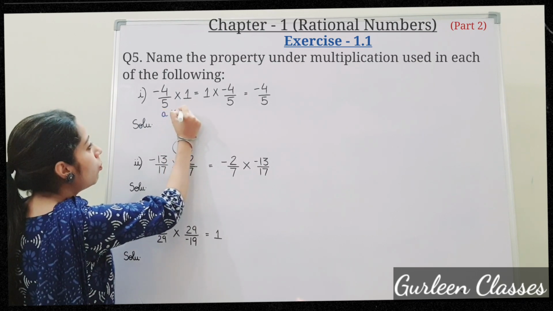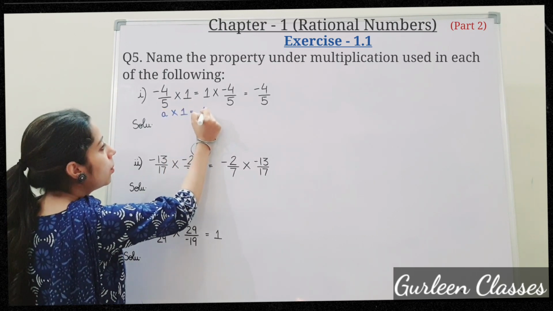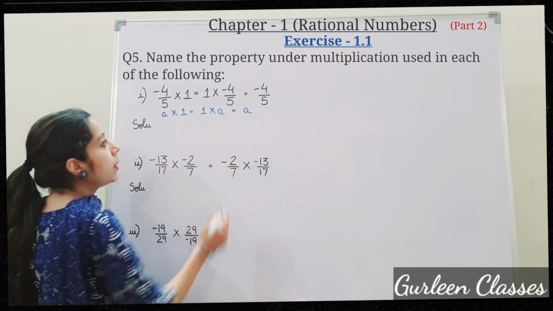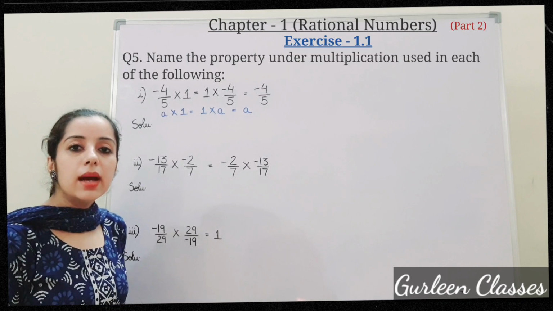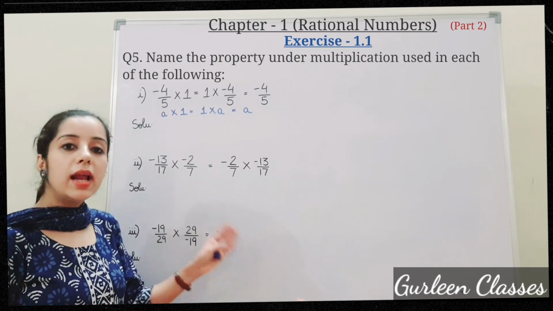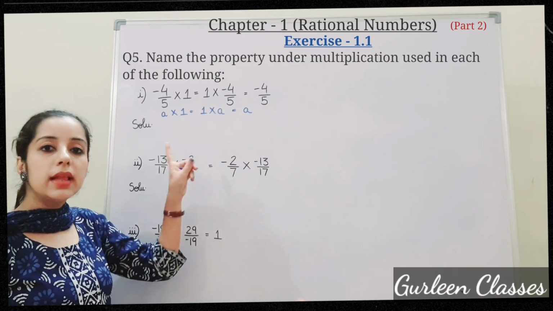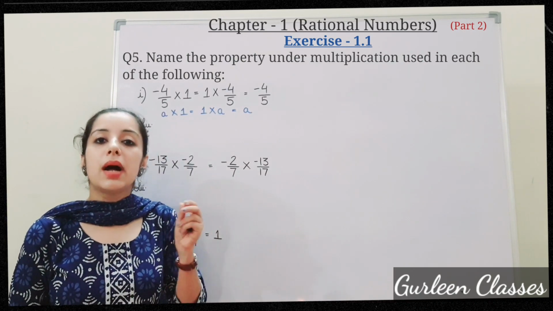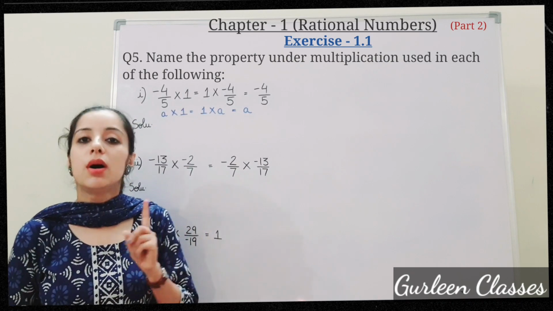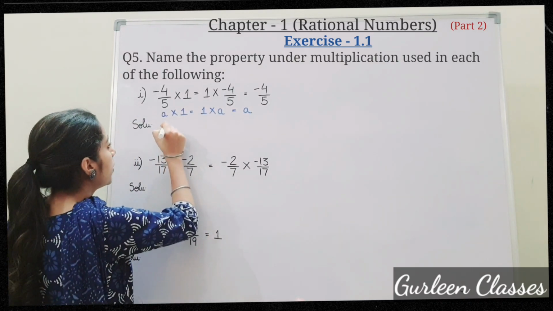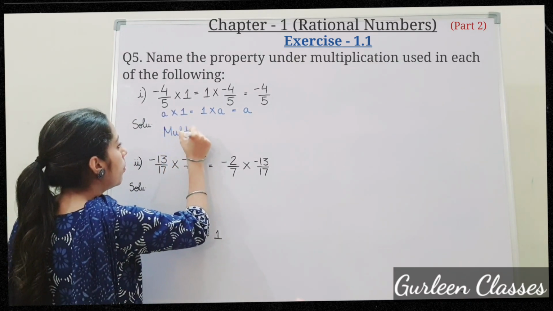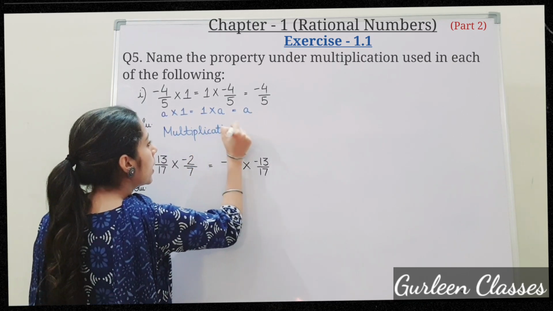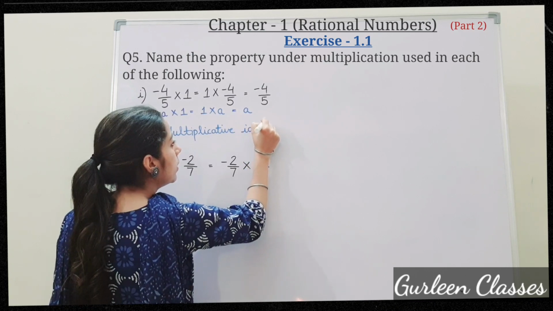A into 1 is equal to 1 into A, and the answer is A. If you multiply any number by 1 or 1 by any number, the answer will be that number. So students, which property is this? This is multiplicative identity of 1. So right here, multiplicative identity